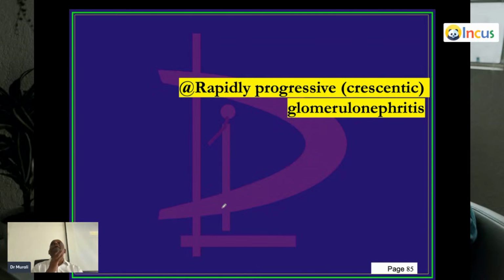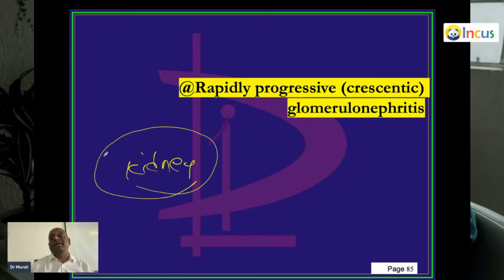Next comes RPGN. The name only says rapidly progressive glomerulonephritis. Today we met, tomorrow coffee shop, third day, Oyo. That's called rapidly progressive glomerulonephritis. Very fastly developing azotemia, uremia is called RPGN. Okay? So kidney will say, honey, I think we are going too fast, let us make it a little slow. But I am RPGN. Right?